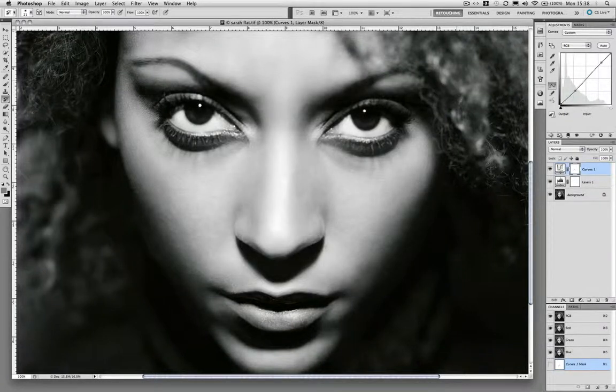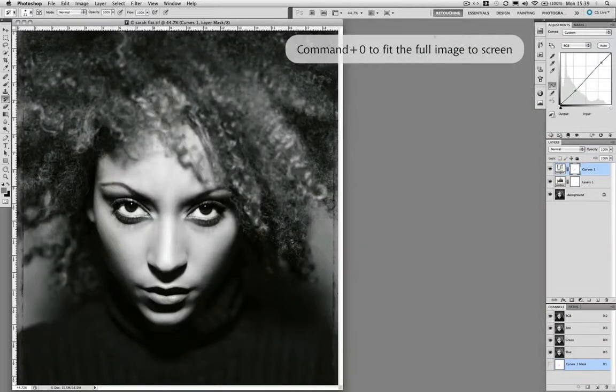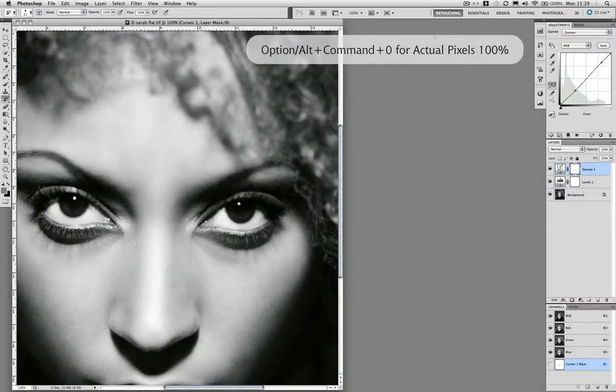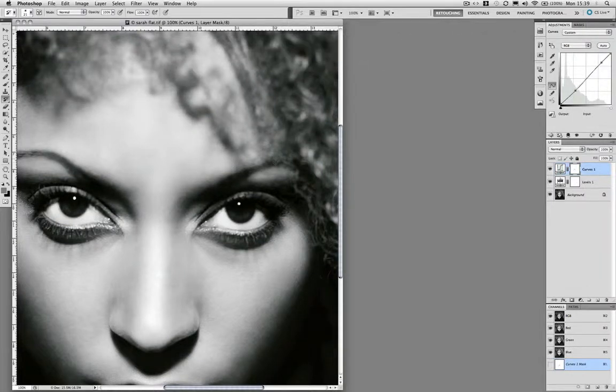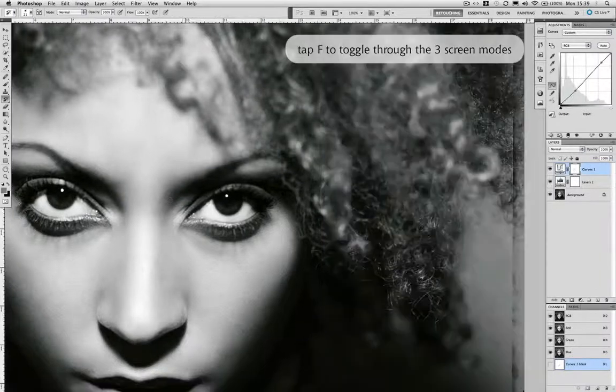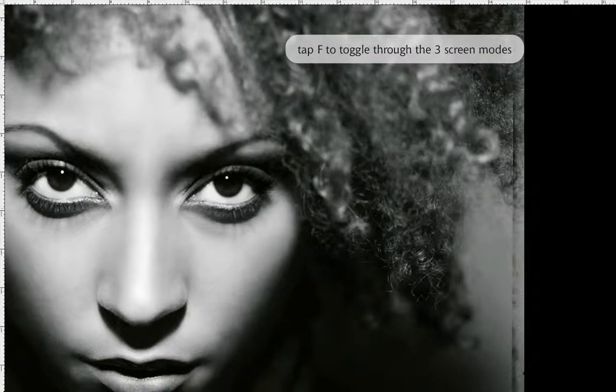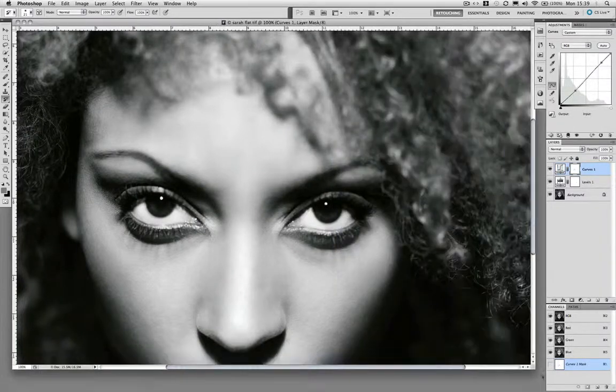Now finally, if any of you have a little bit of a panic when you don't see the navigator and you don't have the navigator anywhere here, I'm just going to show you how I would navigate just by shortcuts. Command 0 to fit the image on the screen, option Command 0 to view 100%, and to toggle through my screen modes, which you can't do with a navigator anyway. It's just F, and then F again and F again. And you can pull out your workspace here